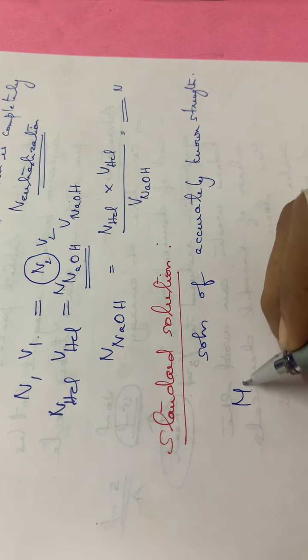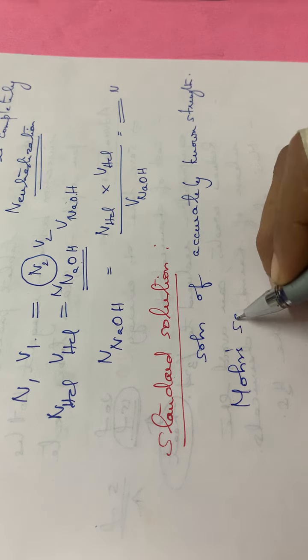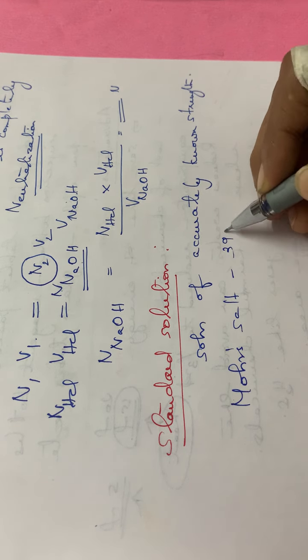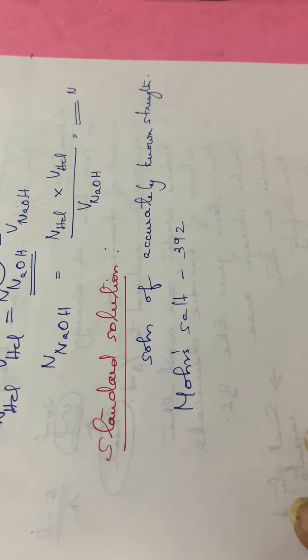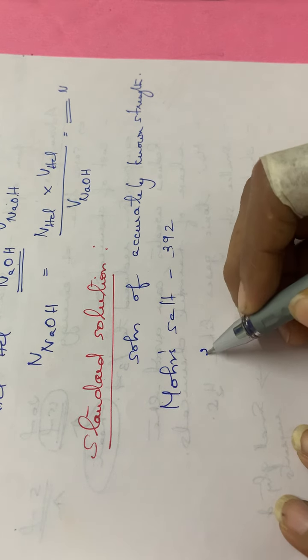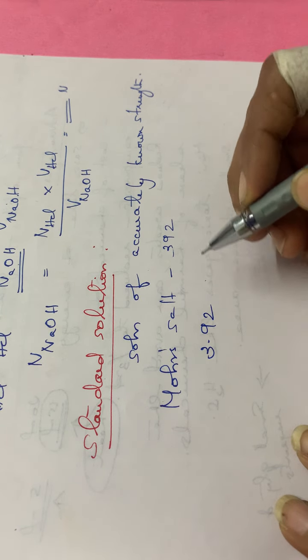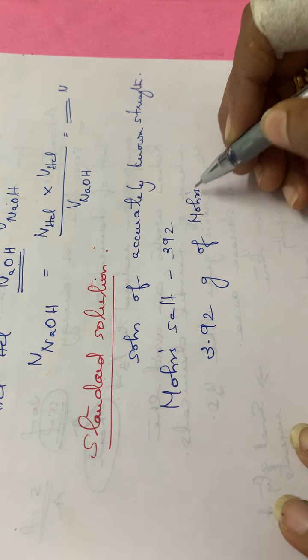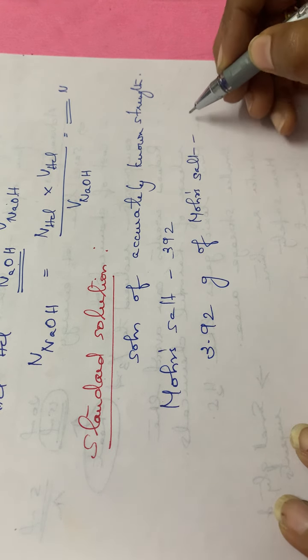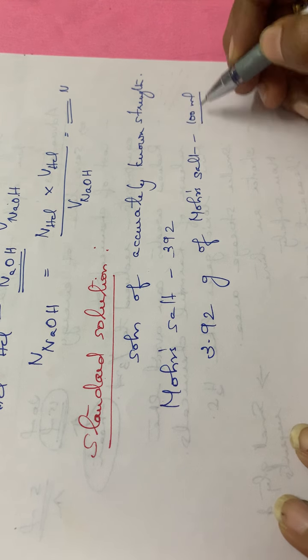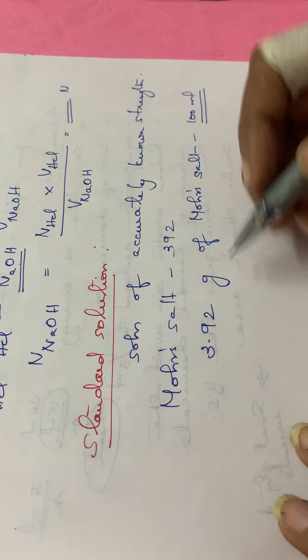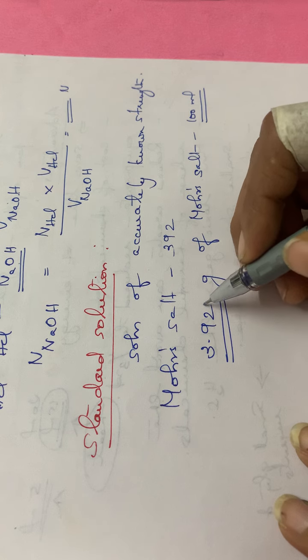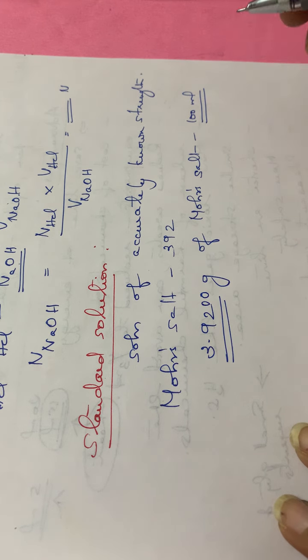Have you heard of Mohr's salt? The equivalent mass of Mohr's salt is 392. Suppose I am taking 3.92 gram of Mohr's salt in 100 ml. That is, I am taking a 100 ml standard flask, and I am accurately weighing 3.9200 gram of Mohr's salt